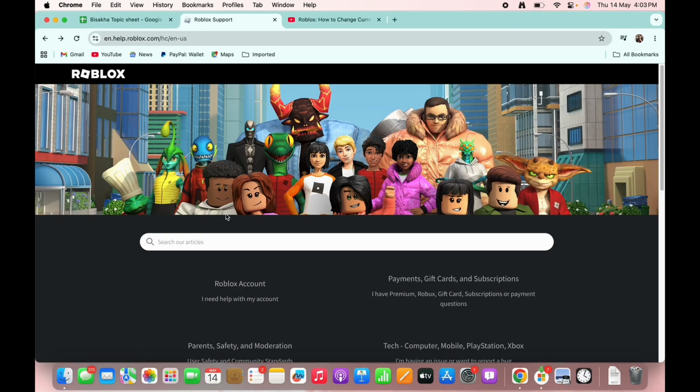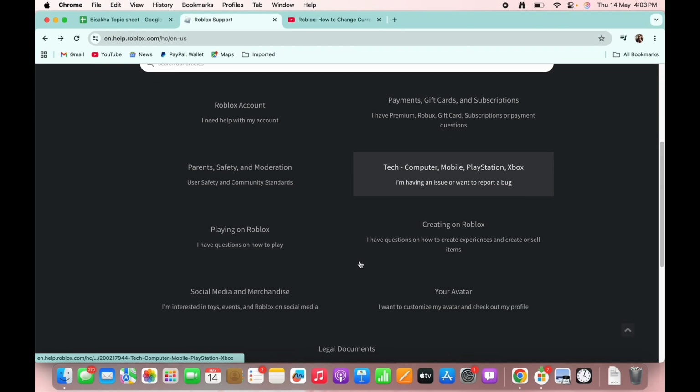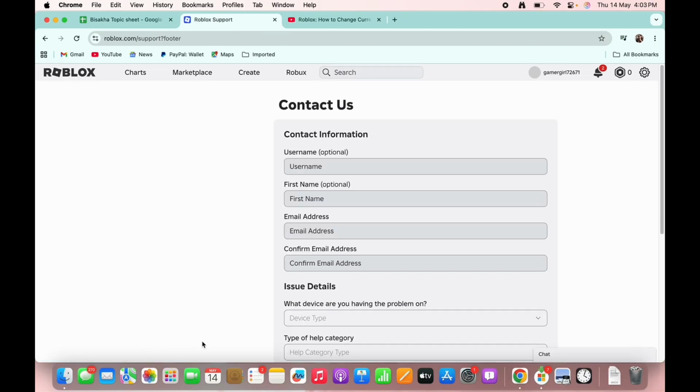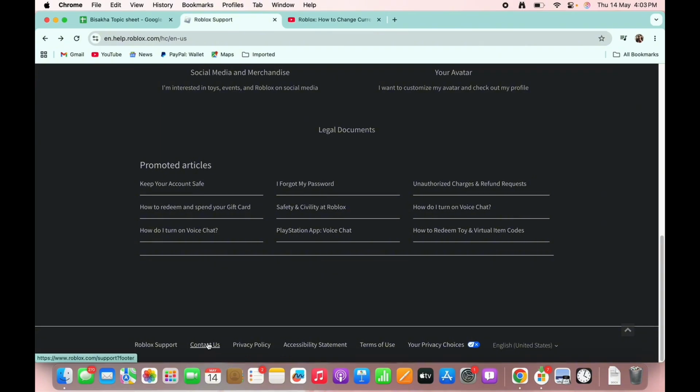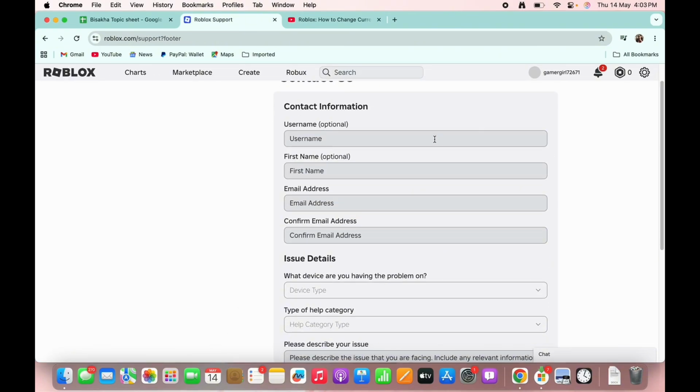So once you are in the help center of Roblox, you will see a bunch of options and suggestions for help. Simply scroll down to the bottom and you will see the option for contact us. So tap on the contact us option you see there, and now in this particular interface, go ahead and add